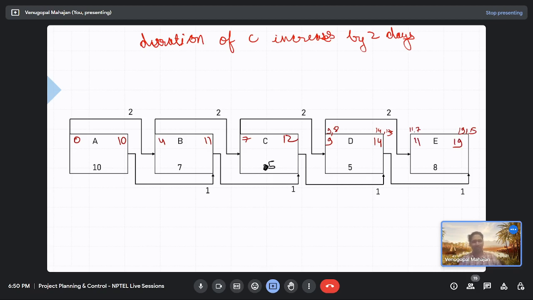So do you see it? 21 minus 2. Calculation mistake, I just noticed that. I mean, the calculation is in front of you. Do you think that we missed something? We are increasing the duration of an activity and the overall project duration is decreasing. Did we make a mistake? Yes, sir. What mistake did we make?